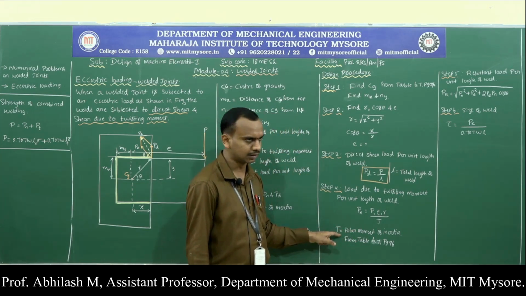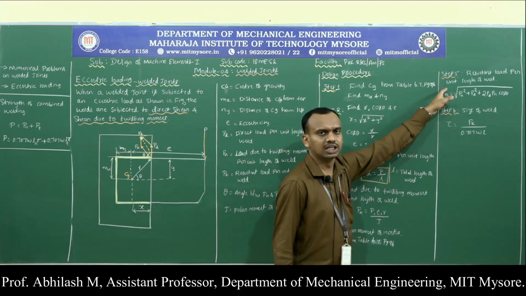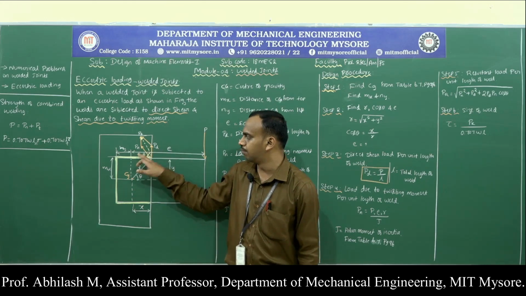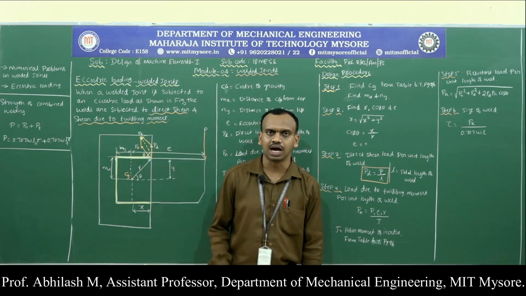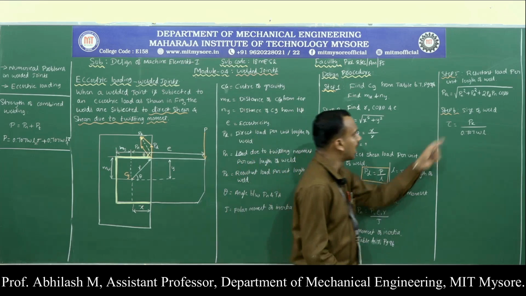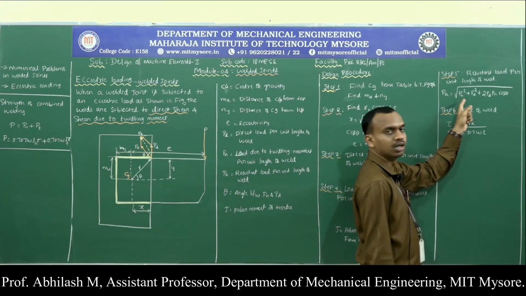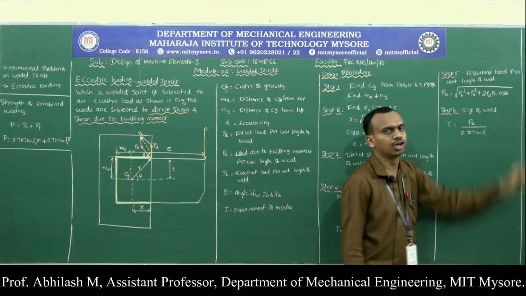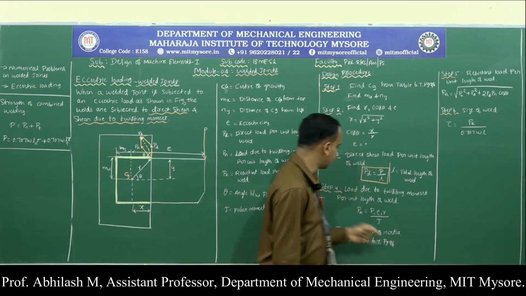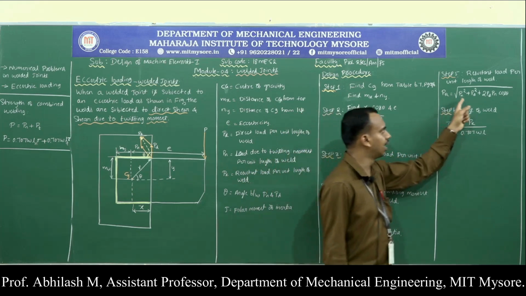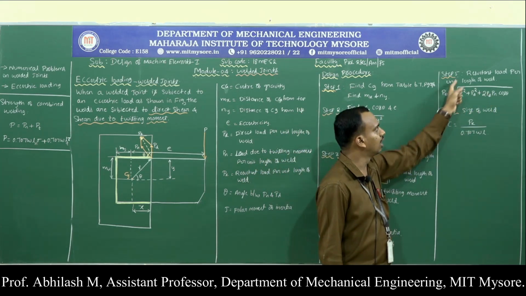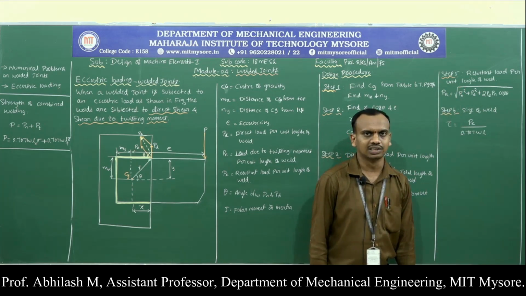Again, in order to calculate the polar moment of inertia for the given type of weld, we are supposed to refer to the data handbook. Under page number 96, we have Table 6.7, where it gives us the value of J as well. The next step is to find the resultant of these two, PD and Pn, which is given by PR. So PR can be calculated using the relation root of Pn square plus Pd square plus 2 Pd Pn into cos theta. In steps 3 and 4, we have already calculated the values of Pn, Pd as well as cos theta. Just substitute the values, and we are going to get the resultant stress.